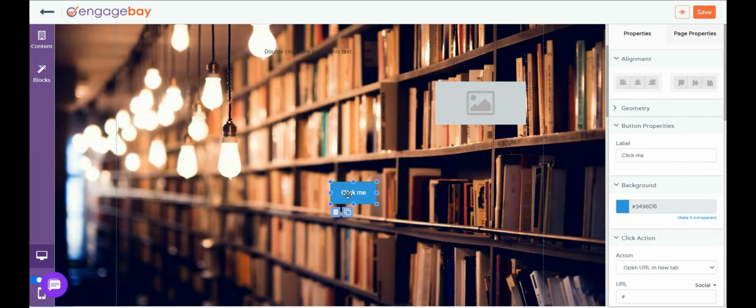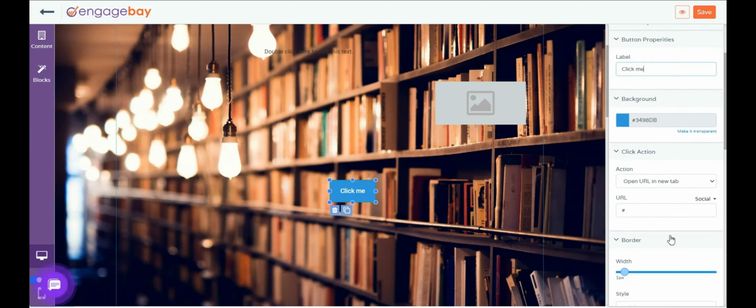You want to add a button somewhere here, change the text inside it. You can choose to do that. You want to change the background color for the button. Choose a different color. You can certainly do that. You want to add a URL so that when somebody clicks on the button, you want to direct them to